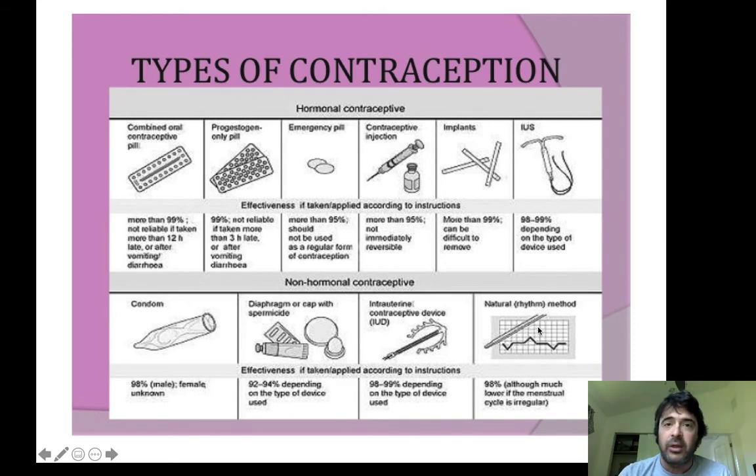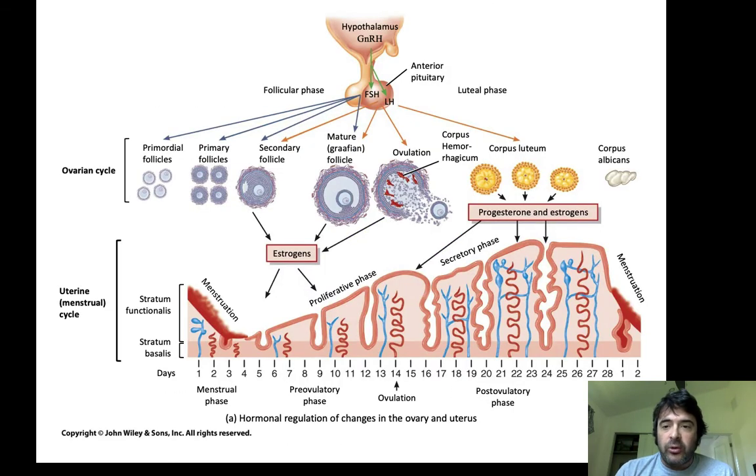The natural rhythm methods: check your body temperature, look at the thickness of the cervical mucus. When body temperature drops and the thickness of the cervical mucus thins, don't have sex during that time. So there are multiple different types of contraception, right? Now, when you're thinking about what actually triggers a new cycle,